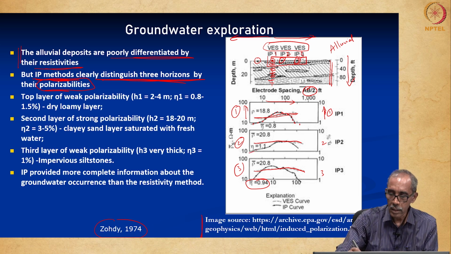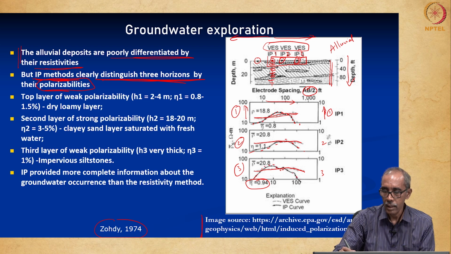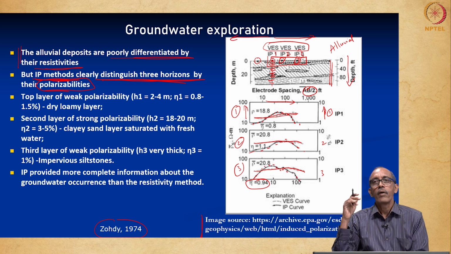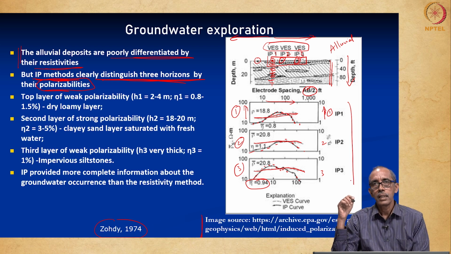In the second location also, chargeability increased and then decreased. In the third one very much, that is this side, right. So, it increased and then decreased. What is very clear from these 3 diagrams is resistivity did not vary very much, however, chargeability varied very much, or in other words, IP effect varied very much.